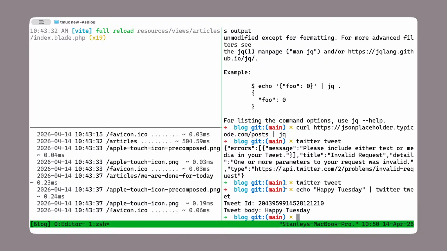So, instead of me going ahead and writing a function to read files or reading output from other places,